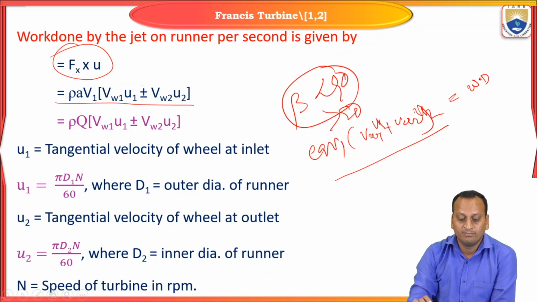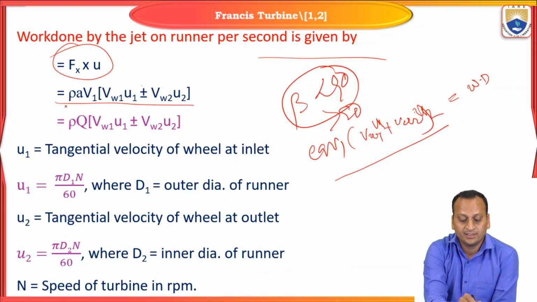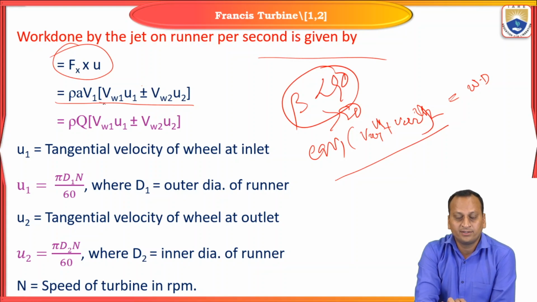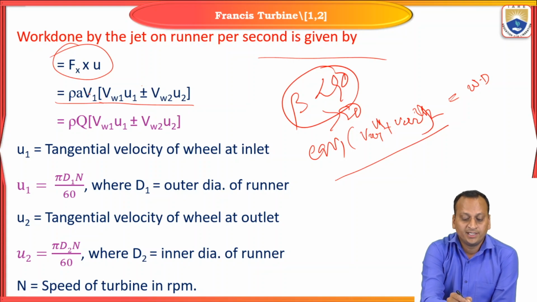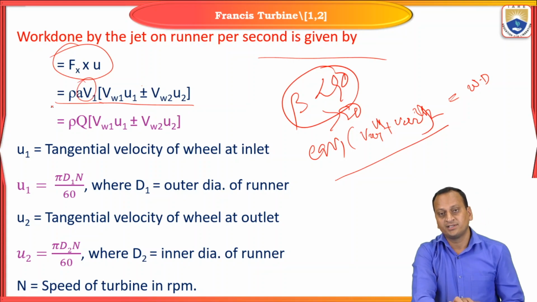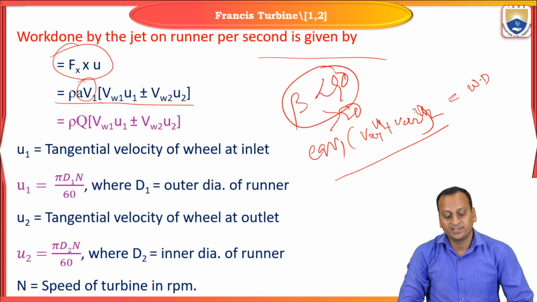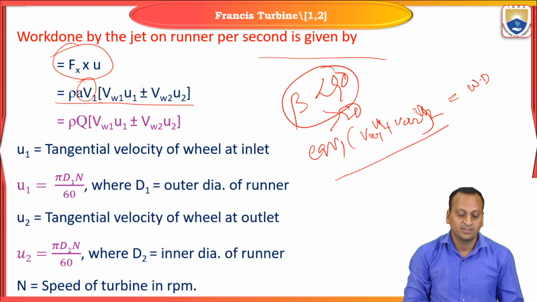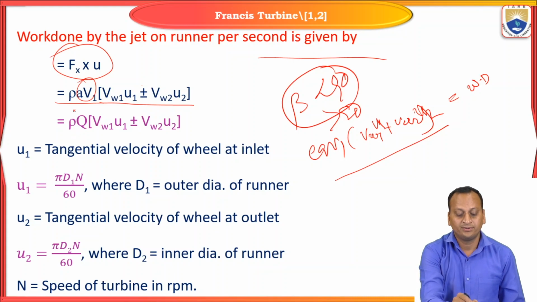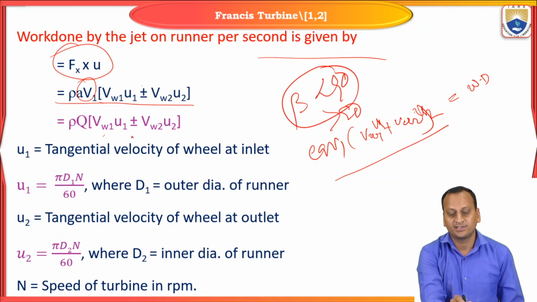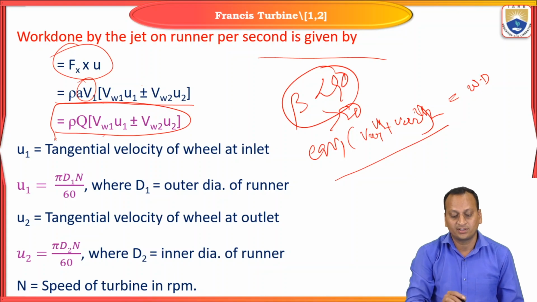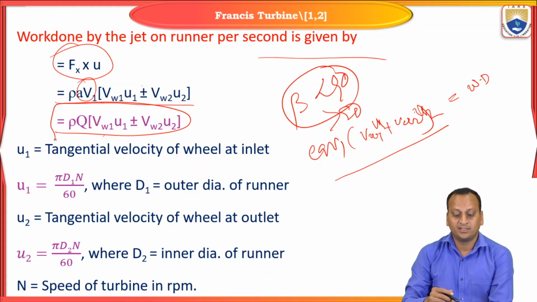Work done by the jet on the runner per second can be written as rho a v1. Rho a v1 is equal to the volume Q, where Q is the discharge or rate of flow, area into velocity. Therefore it can be substituted with Q: rho into Q, Vw1 U1 plus or minus Vw2 U2. This is the work done on a